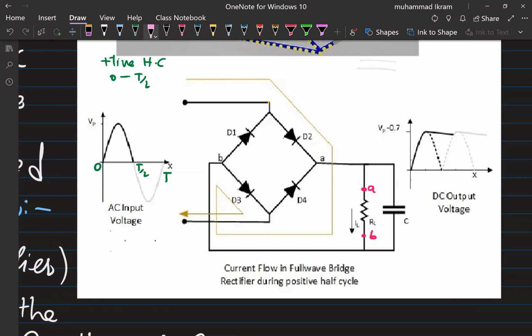So during the positive half cycle, look what happens here. When the current appears like this, for example, for the positive half cycle,